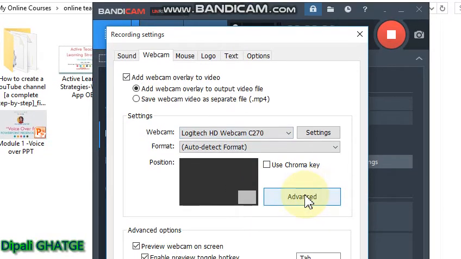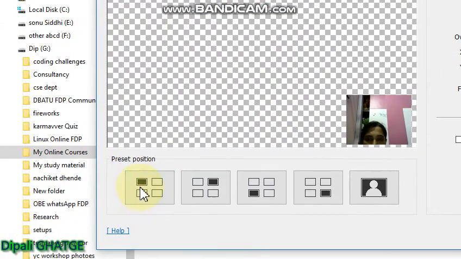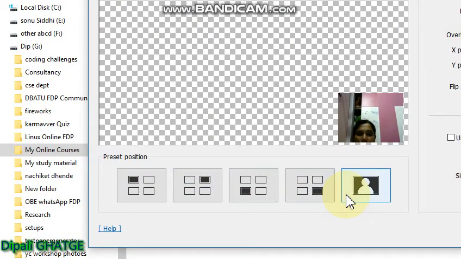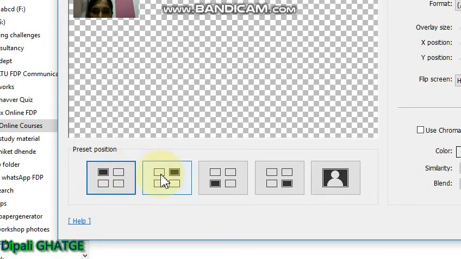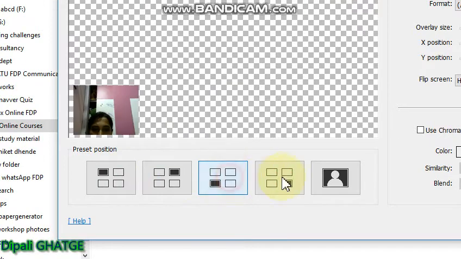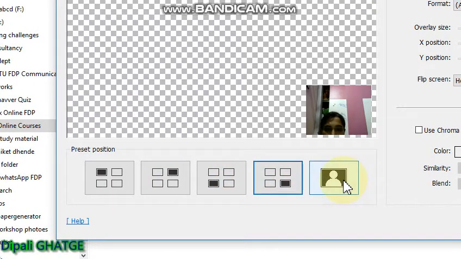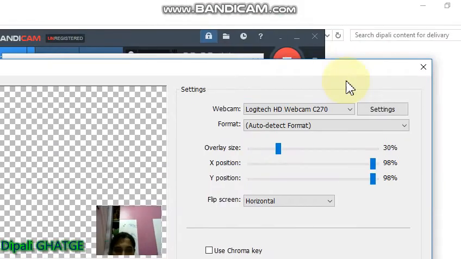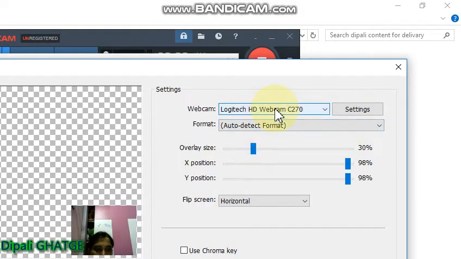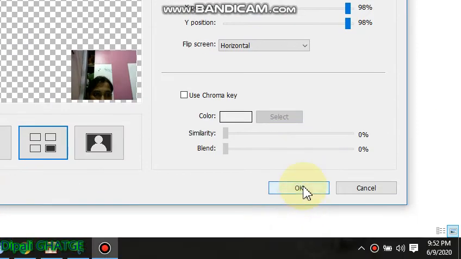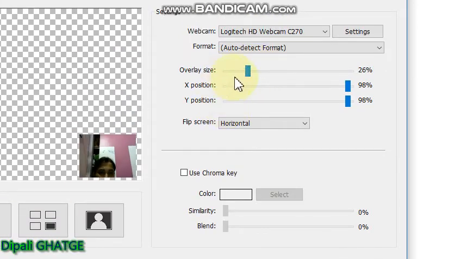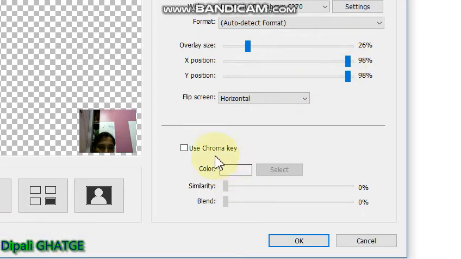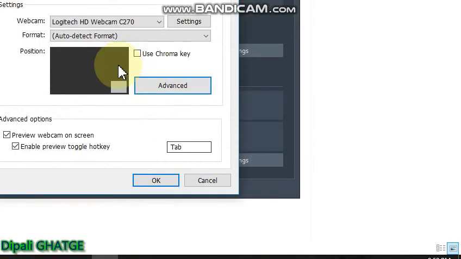Then click advanced here, and you have to select the overlay, that which window you want, means where do you want your video, that will be selected, or if you want it full, you can select this one. Okay, then click on okay. You can also increase the overlay size and the position. Okay, then